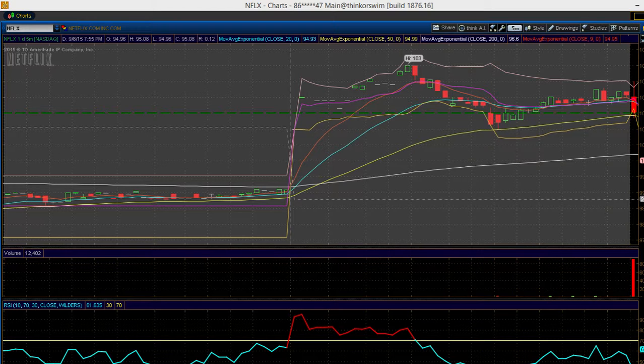But it just so happens that this was the first chart that popped up when I logged into my Thinkorswim account, which I really just use for charting and scanning and things like that. So I look at this, see it gapped up, and I already had these levels off the daily drawn from when I've been trading it over the last couple of days. And so automatically it's trading around this level of support. It's trading near the VWAP, the 20, and the 9 moving average. So, automatically I was interested, and it was just a quick 5-10 second glance that I noticed all